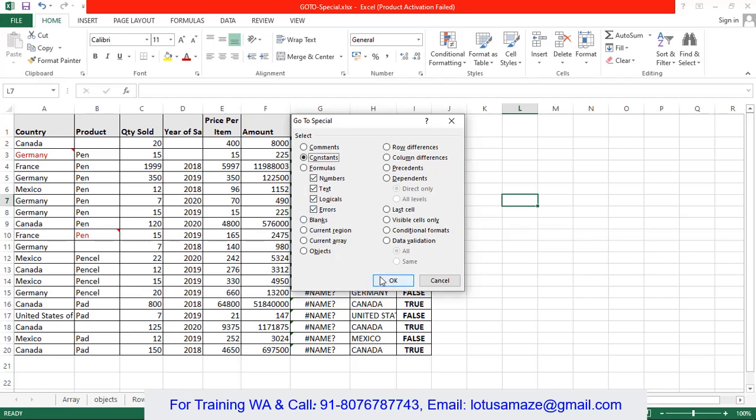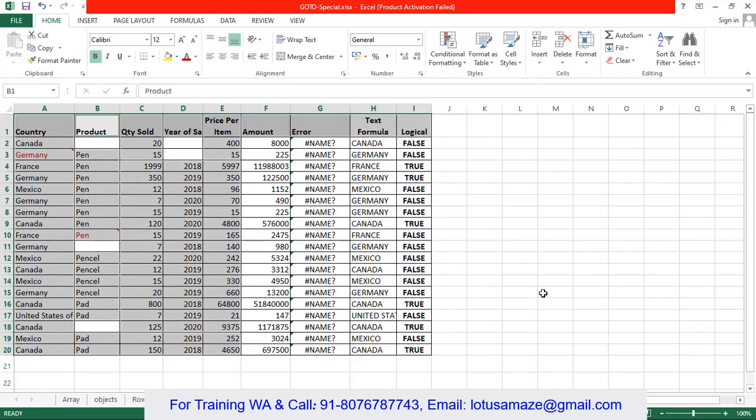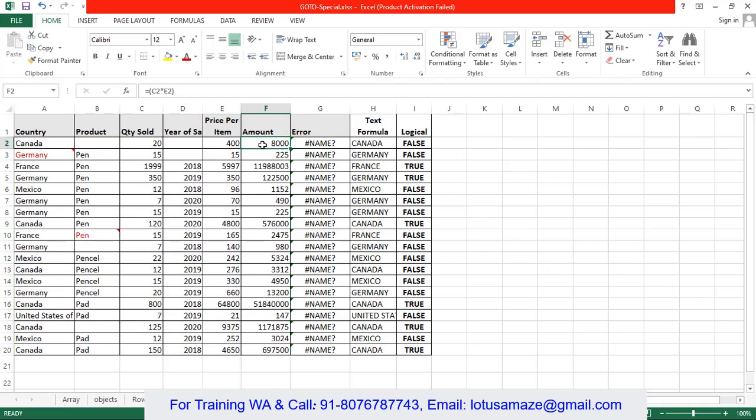If I select this, you can see only those values which do not contain any kind of calculation or function, the static values. These values are called constant values. If we check in Amount, a formula is there. Again the formula is there. We have an error. Then again the formula is there, and it's a logical calculation. So these are not included in the constants.